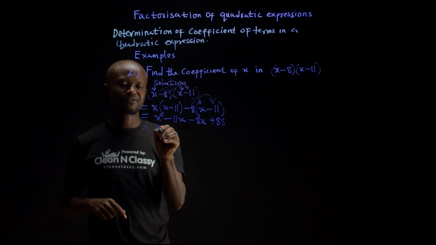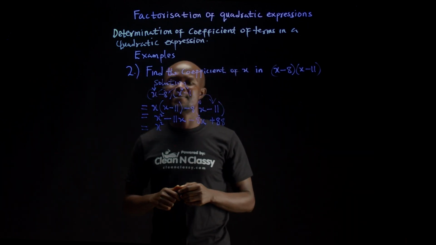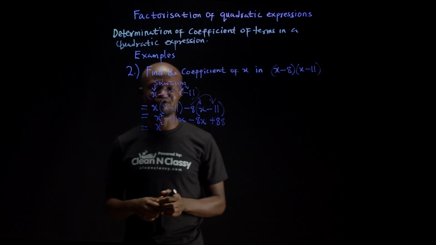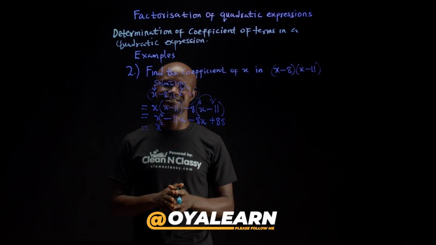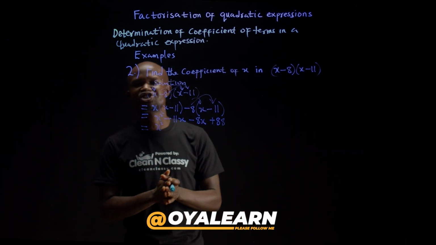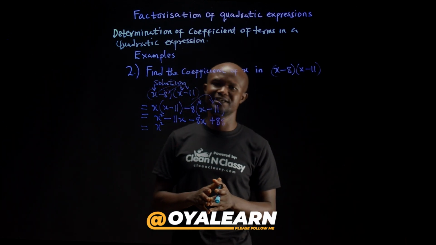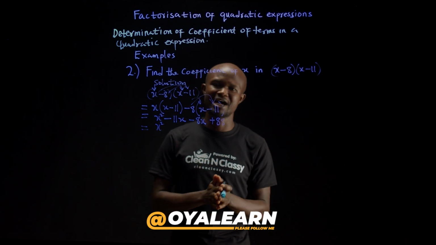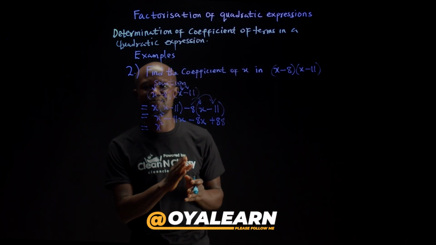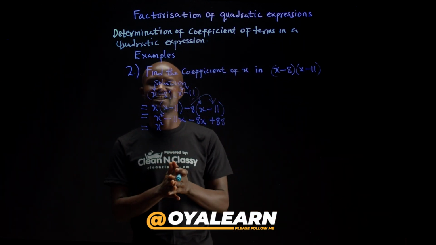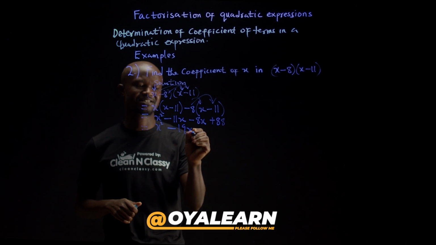Now, we have x squared minus 11 minus 8. 11 plus 8 is 19. Now, when you have the addition of minus 11 and minus 8, meaning minus 11 plus minus 8, that will give us minus 19. So it's the same thing as minus 11 minus 8. It's the addition of minus 11 and minus 8. That will give us minus 19. So here we have minus 19x plus